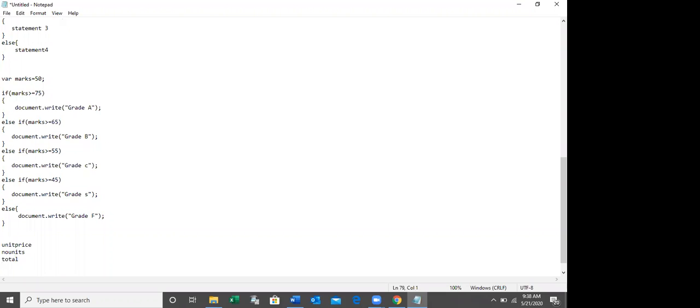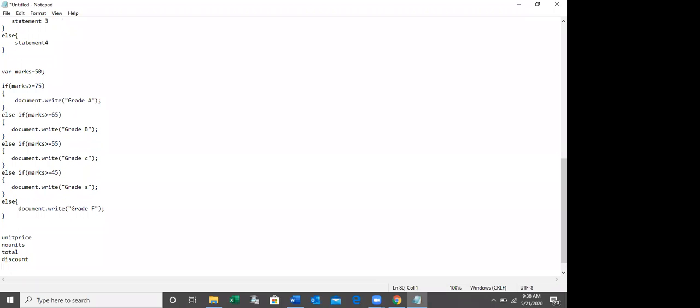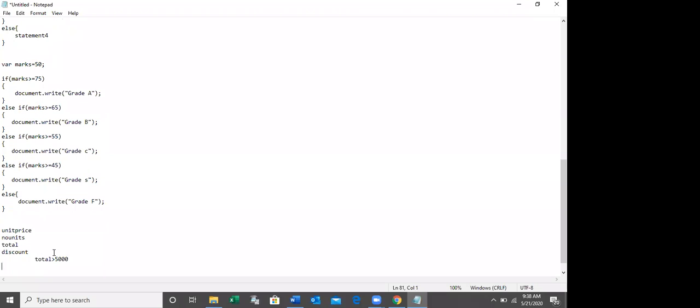Then here, you have to find the discount. Discount, right? You have to find the discount based on the condition, right? If the total is greater than 5,000, you have to give 5% discount of the total.